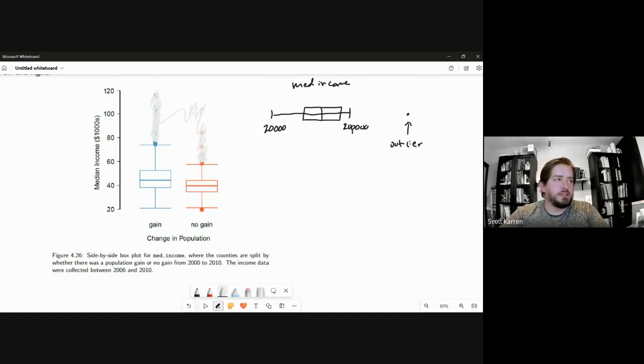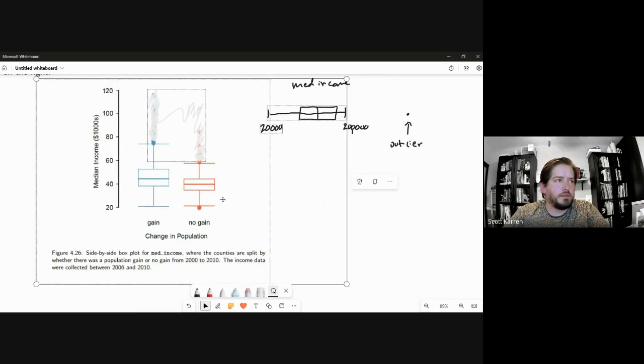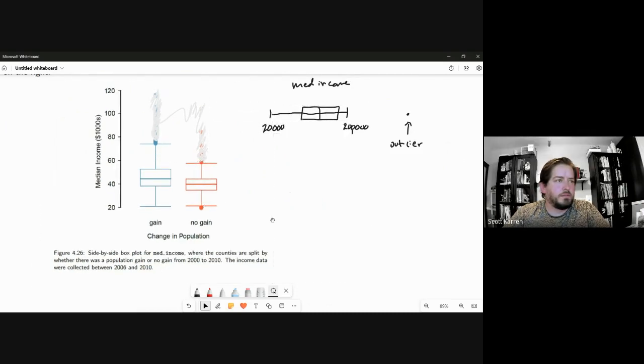But looking at these side by side, and again, I don't know why they decided it would be a good idea to put them vertical after we've been playing with them horizontally. And I don't know if I can rotate it. I think I can. Maybe not. But we can kind of get some information about these countries. They both have